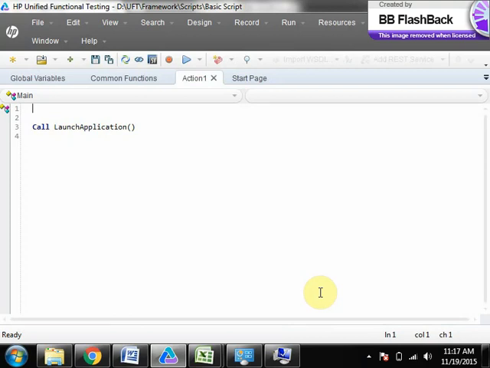But before that, what do we need to do? We need to close all the existing browsers. Right? How do we do that? Set O browser equals to description.create.